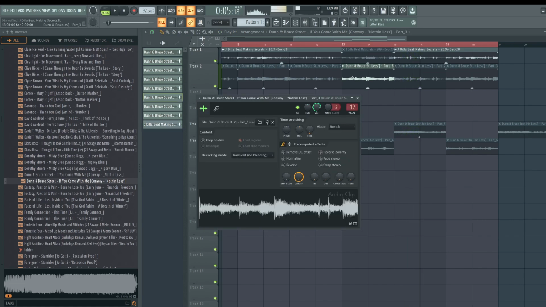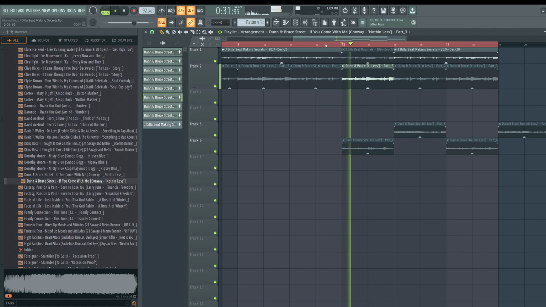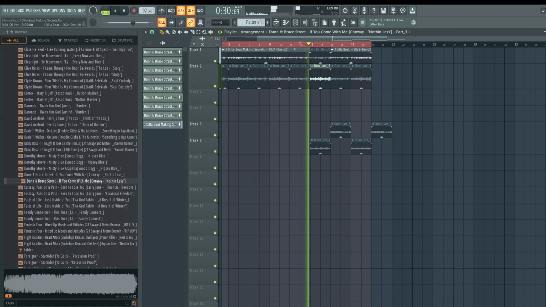To make it sound different, I'm going to do something different. Let's double click on that sample, go to pre-computed effects, turn up stereo delay. So now just this part will widen out. Okay, it just grabs the ear and pulls us back in. So little stuff like that to make it unique.